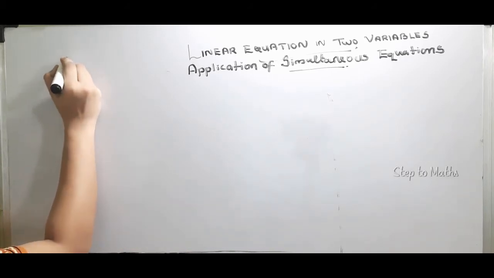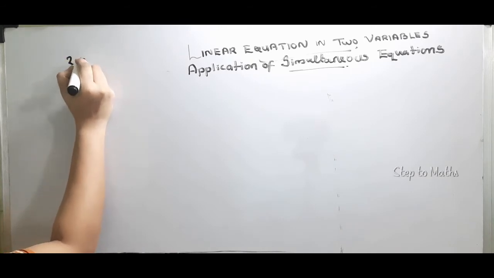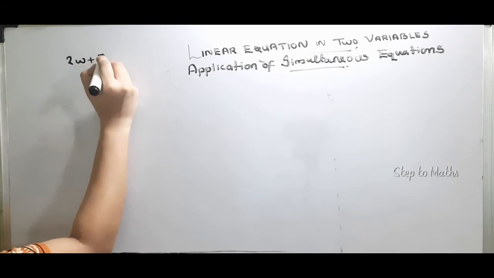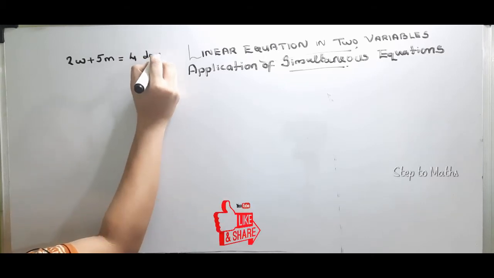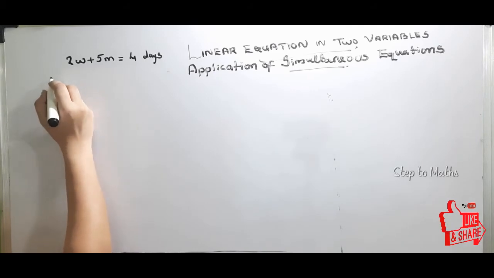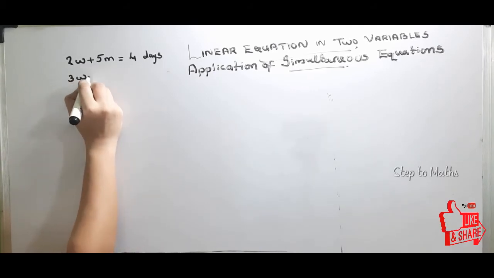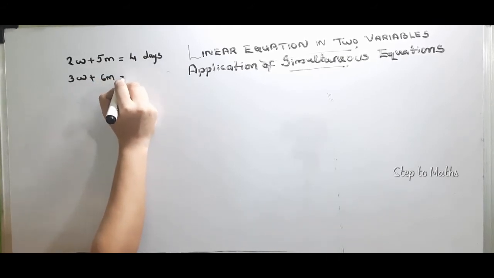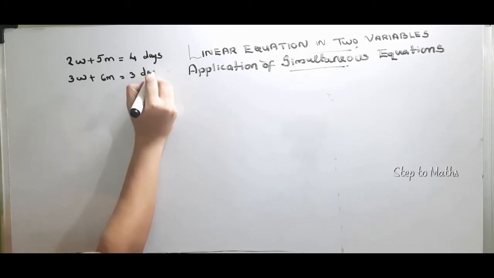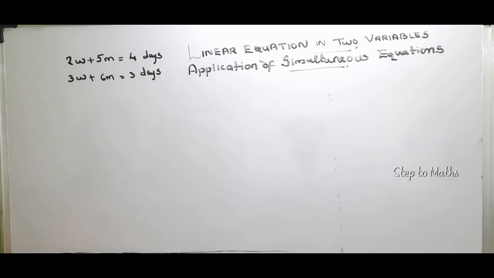Two women and five men can finish a work in 4 days, while three women and six men can finish it in 3 days. Then how many days are required for one woman to do this work alone and one man to do this work alone? Let's first assume